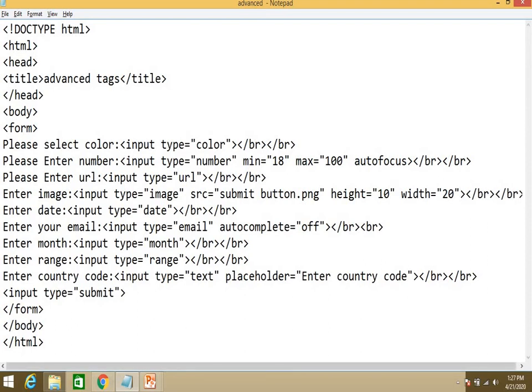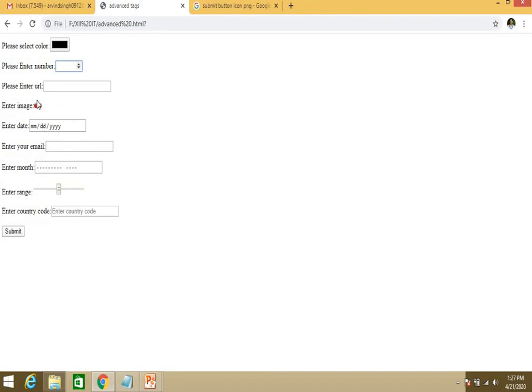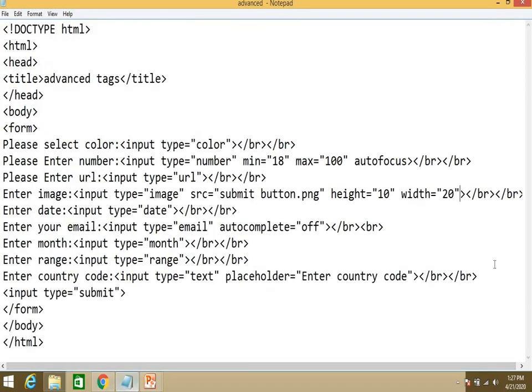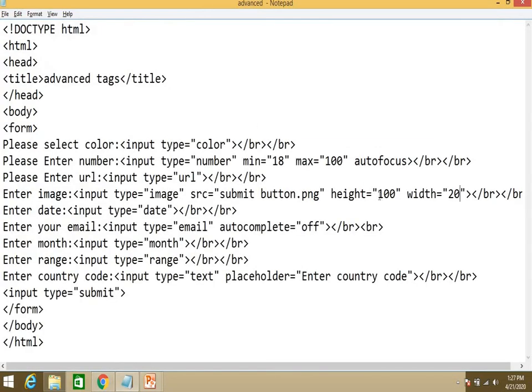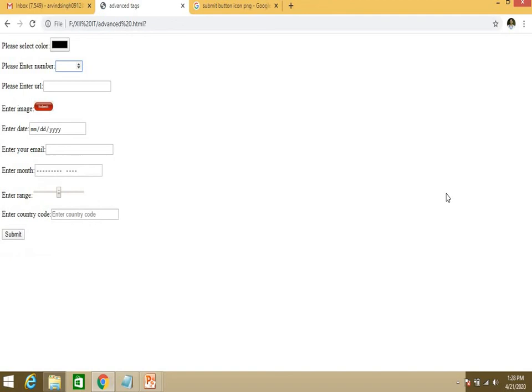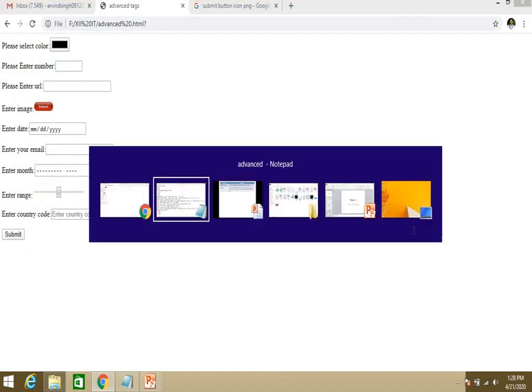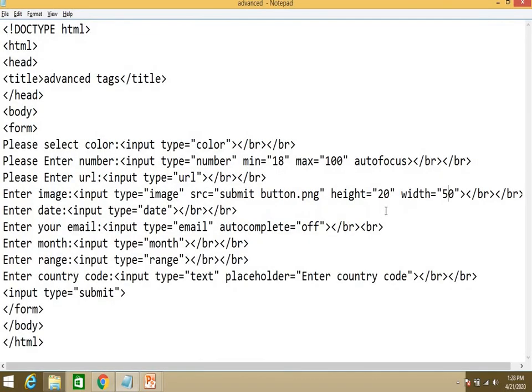Let's see the effect. So with the help of height and width you can change the image size.